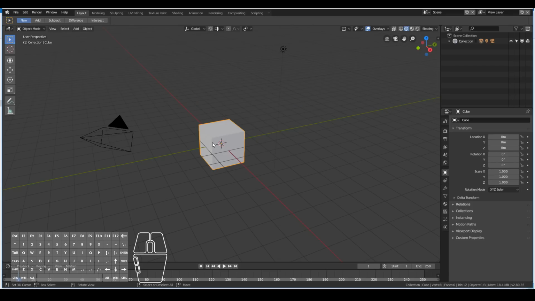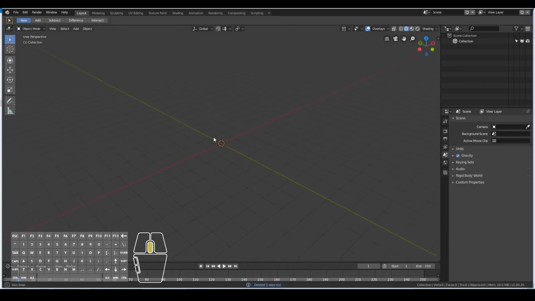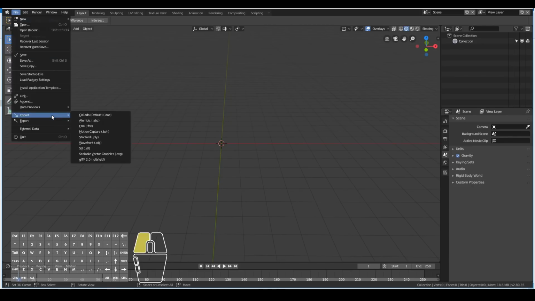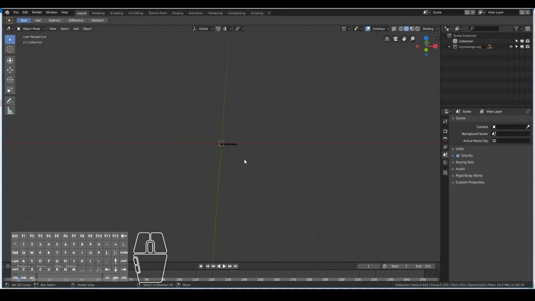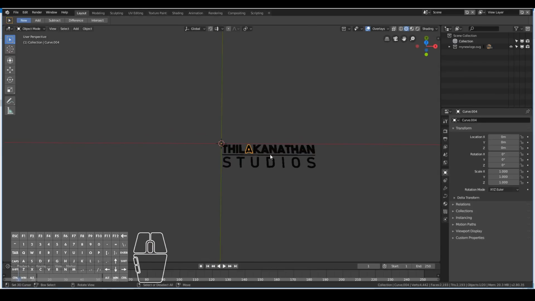So all we need to do is, well, I don't need to have any of this stuff, so I can go ahead and select everything and delete it for now. I will be bringing them back soon. I'm going to go ahead and hit File, Import, Scalable Vector Graphics, or .svg. Find the image that I just generated, my new logo.svg, and then you can see we have our images now